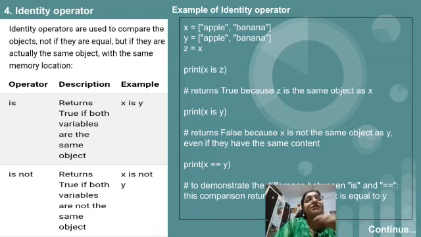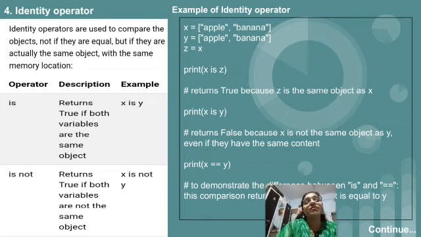After that, the comparison operator we have used, that is x double equal to y. So it will return the answer as true. Why? Because the comparison operator will check the content which is present in the list. It will not check the object name. So this is the difference between is and equal to.